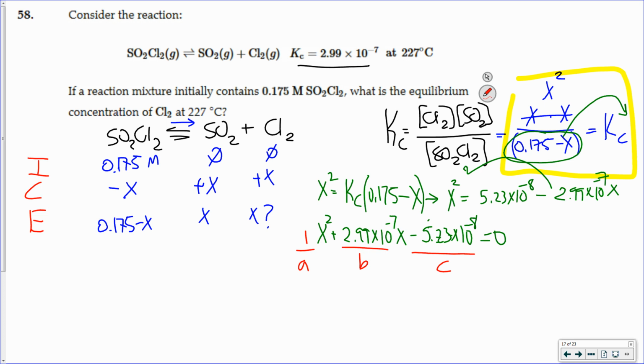Okay, you want to solve the quadratic, or do we want to go ahead and do something else? All right, we've done a bunch of those already. So at that point, it's plugging in the equation. You're going to find there's going to be two roots. Only one of them is going to be real. So either one of them is going to come up with a number that's negative, okay, and